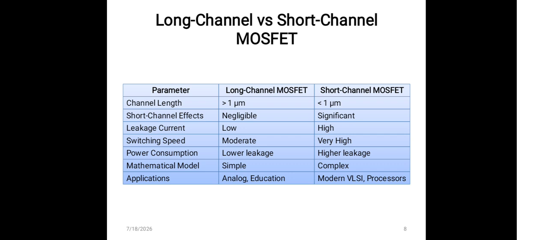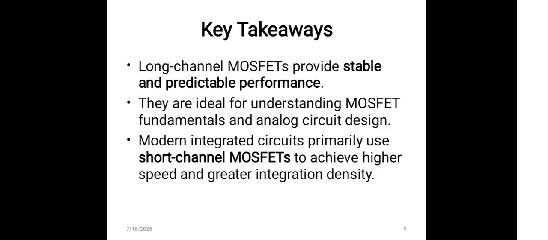Mathematical modeling: long channel devices are simple to model, short channel devices require complex models due to additional physical effects. Application: long channel MOSFETs are used in analog circuits and for educational purposes, and by researchers, and short channel MOSFETs are used in all processors. Because of area constraints, we do not prefer long channel MOSFET, and short channel is used in smartphones, memory chips, and